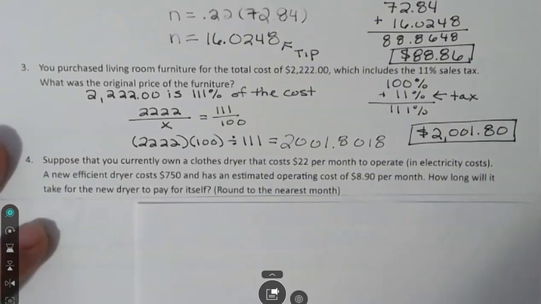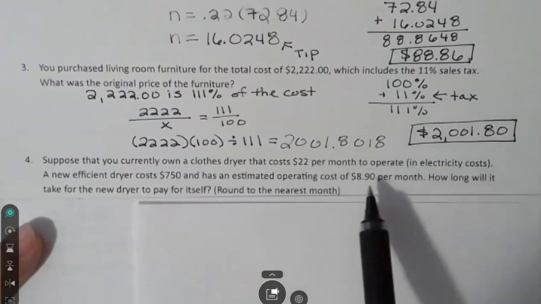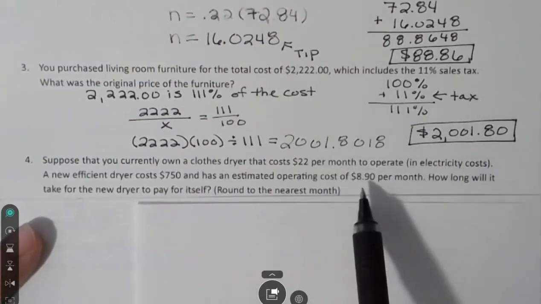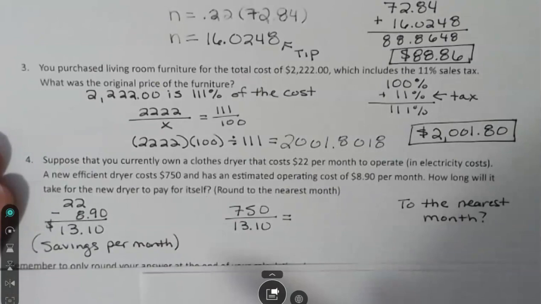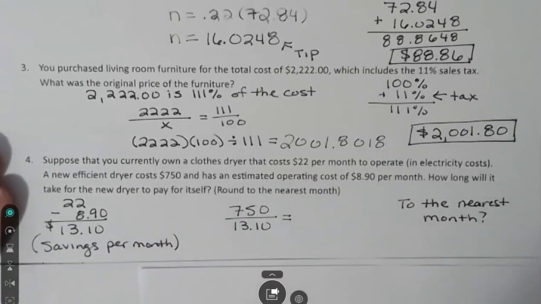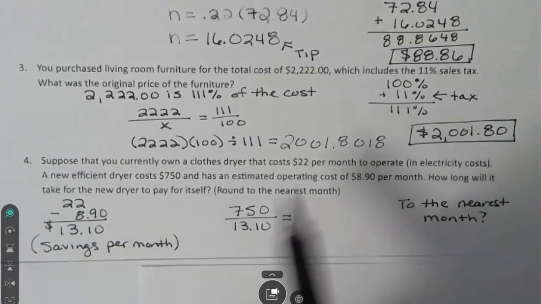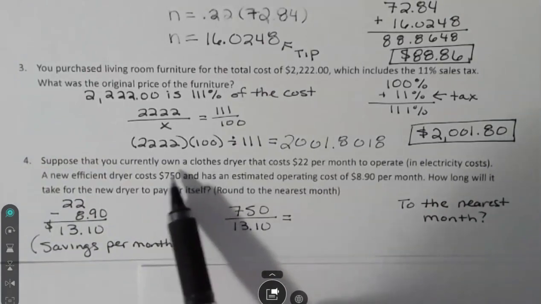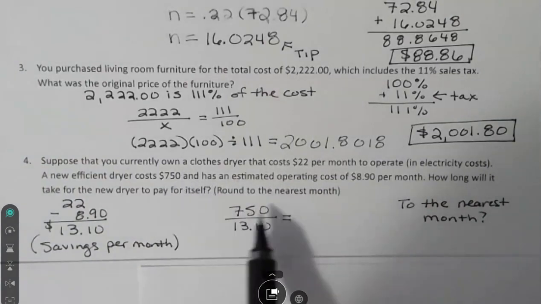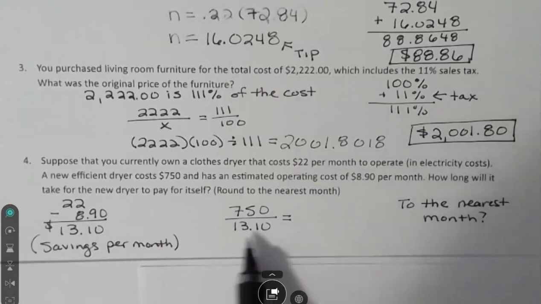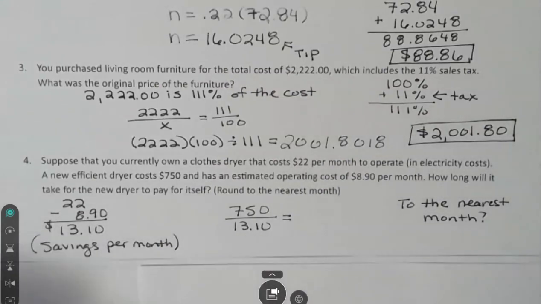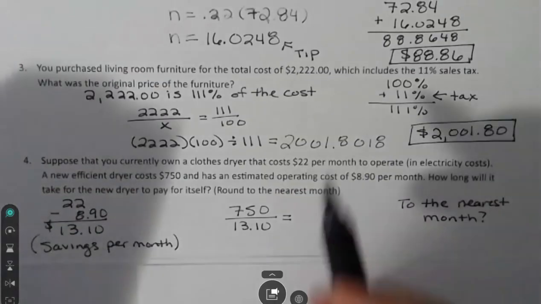How I did it was I thought, how much would I be saving every month? So I took 22 and I subtracted $8.90. And that showed me that every month I'd be saving $13.10. Then I just took the amount it was originally, $750, and I divided by my monthly savings. And notice that it says to round to the nearest month. So I'm going to take 750 and divide by $13.10. And that gives me this answer,